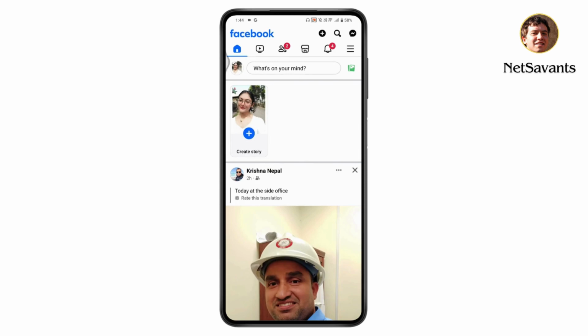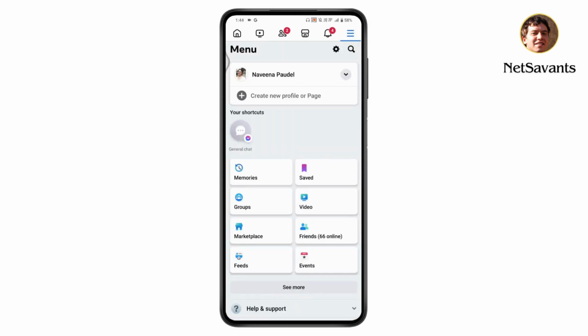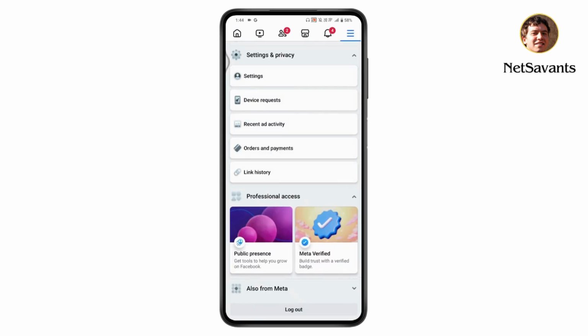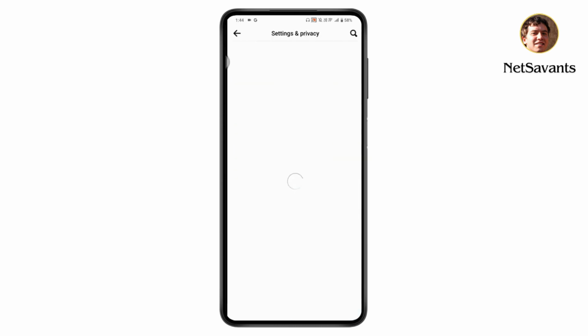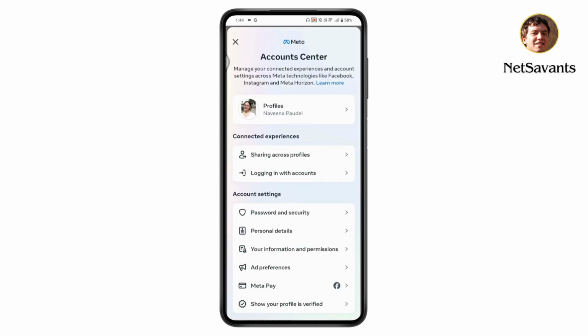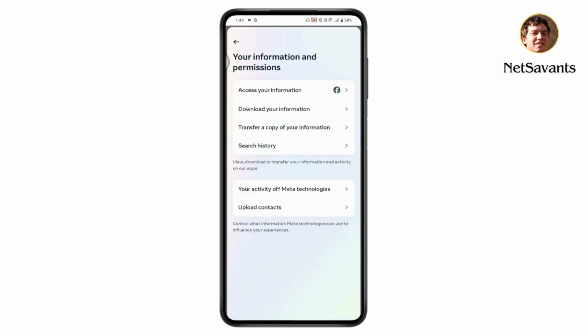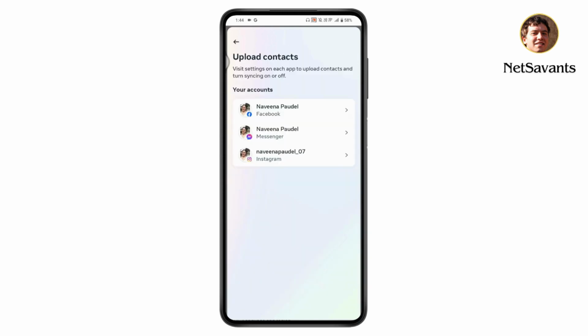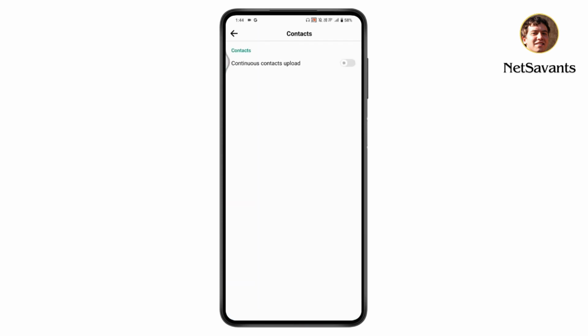Facebook application, and then you need to go to the upper right, which has that three bar. Scroll down, go for Settings and privacy, go for Settings, go for Account Center, and under Account settings you need to go for Your information and permissions and tap on Upload contacts, choose your Facebook account and turn